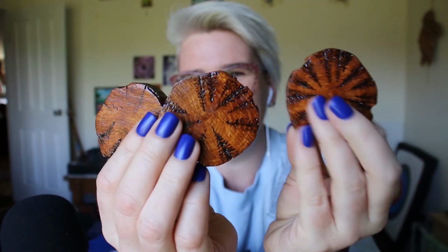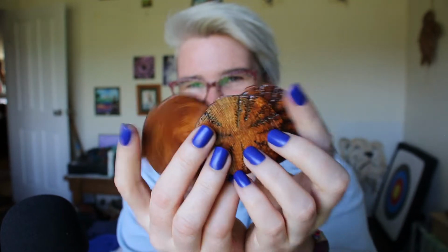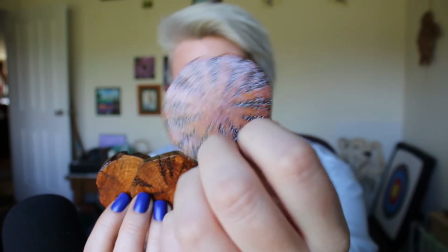So for the 3 of them it is $50, 50 Australian dollars for these 3 gorgeous wooden, natural, look how natural that wood grain is. They're beautiful. I love them so much. They are $50 for the set of 3 plus postage and handling fees. And on the back they just have the